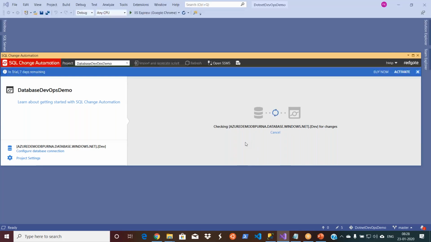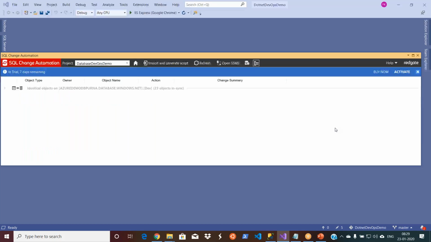So what it does now, it compares. It is comparing the changes. It is looking for the changes. It will compare both your dev database and the QA database, find the differences, see that a new table is available, and create a script only for that. It will be available in your SQL Server database project, what we create, and we use that as part of our build pipeline as well as release. In the build pipeline, the scripts in the required form will be created. In the release pipeline, the script created from the build pipeline will be deployed to the target.